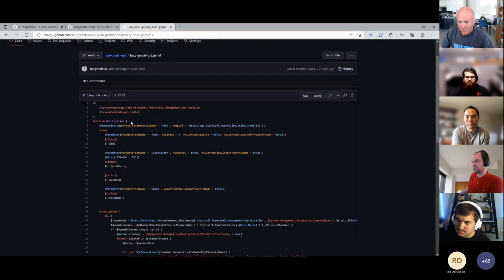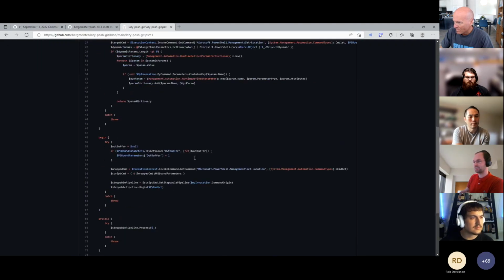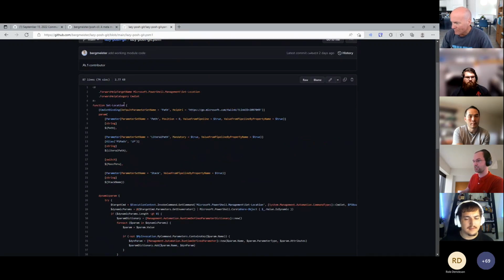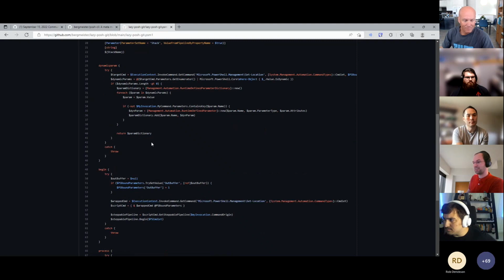And all I did is I wrapped it in a function, so it's just adding this one line for the function, moving the help to the top, closing the brace, and that's it. And that is basically a proxy function of Set-Location, which is the actual command that runs when you do cd, because cd is technically an alias. And so you see what the command is doing behind the scenes.